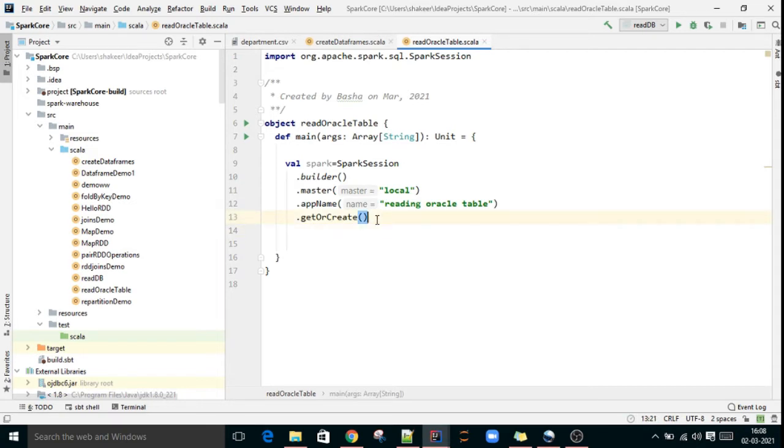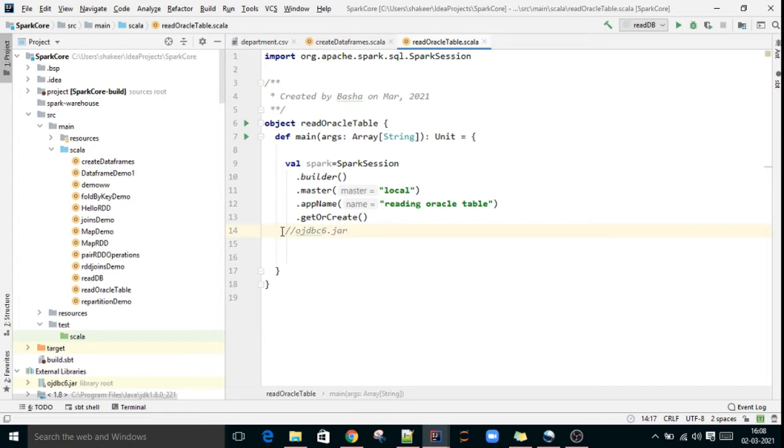To establish a connection between Oracle and Spark, we need a driver, right? So Oracle Corporation provides a driver, that is nothing but a jar file, OJDBC6.jar. This we need to download from the Oracle website.